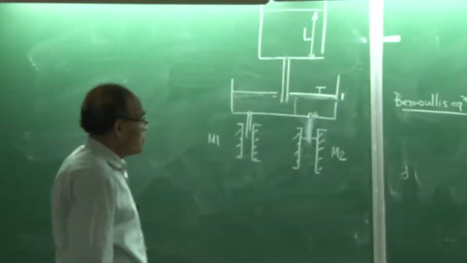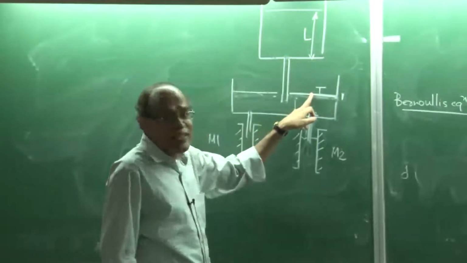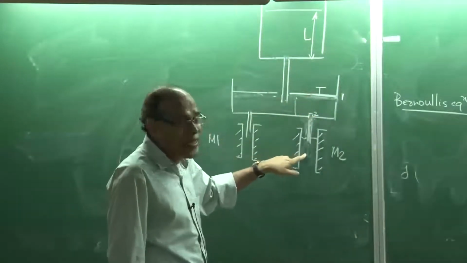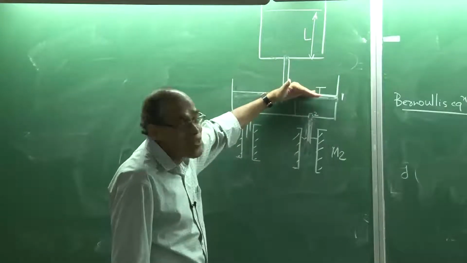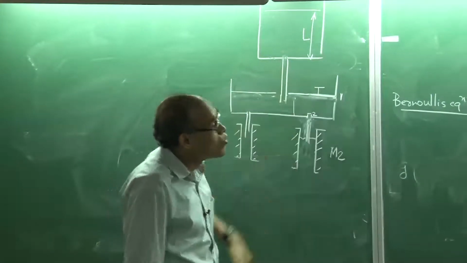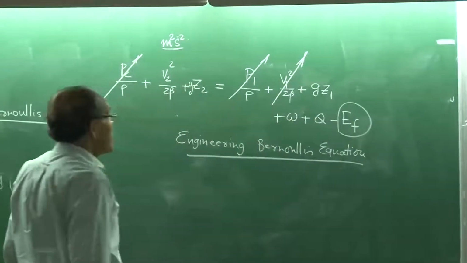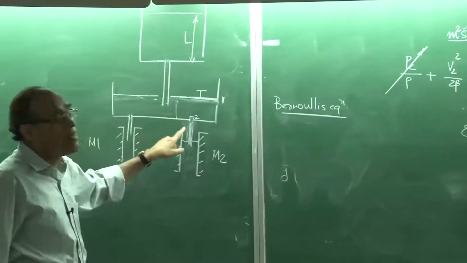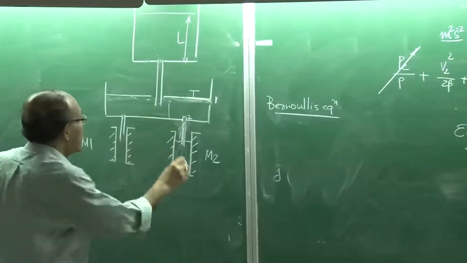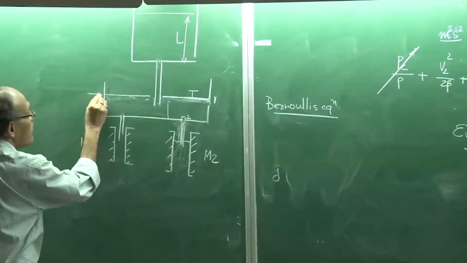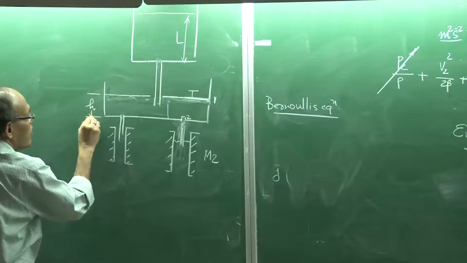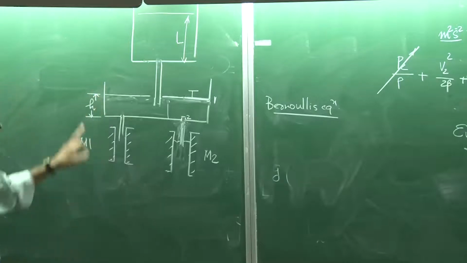Now, because this interface is constant, I have matched the inflow and the outflow rates. So, therefore, section 1 is constant, it is not moving with any velocity. So, therefore, I would say the velocity of the fluid at section 1 is equal to 0. And there is a height difference here, that height is small h, which represents the depth of the liquid in